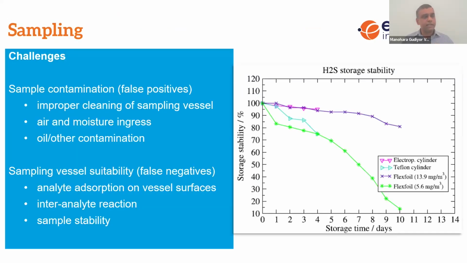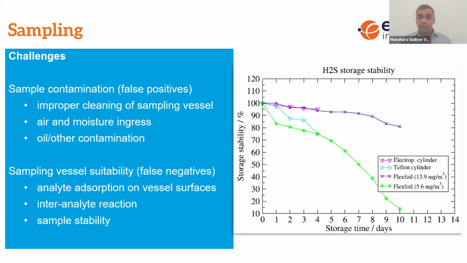So as I said, the first thing is a sampling challenge. There are many scenarios where sampling error can occur. One is sample contamination, where you get false positives and end up with higher results than you're expecting. That could be because you didn't clean your sampling vessels properly, or there may be an ingress of air and moisture into your sampling itself, and other oils and contaminants from the process or the sampling loop entering the liquid analysis. In those cases you see results which are higher than expected, and if you don't have calibration standards, you tend to believe those results are correct.